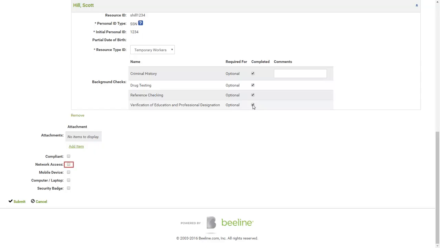We can also add attachments as needed. Next, we have a section where we can select the onboarding tasks needed to be completed for our resource. Onboarding requirements are client-defined. After filling in all of the information needed for our request,